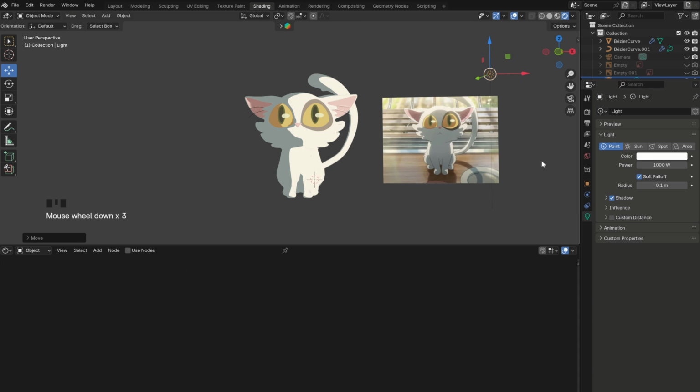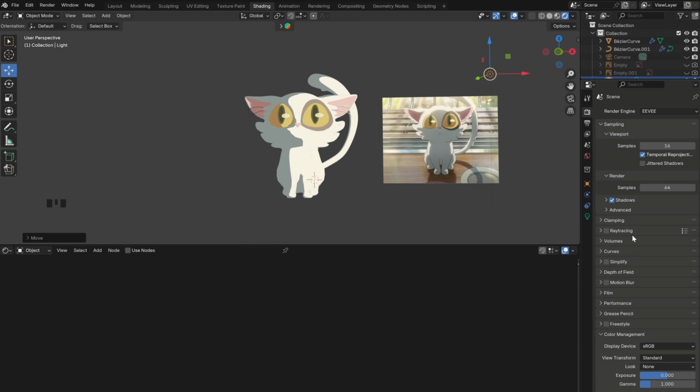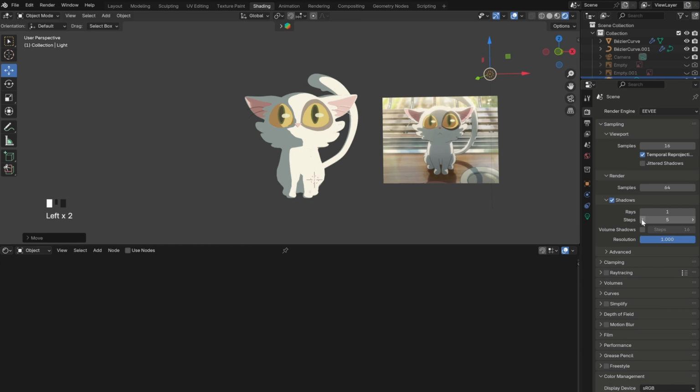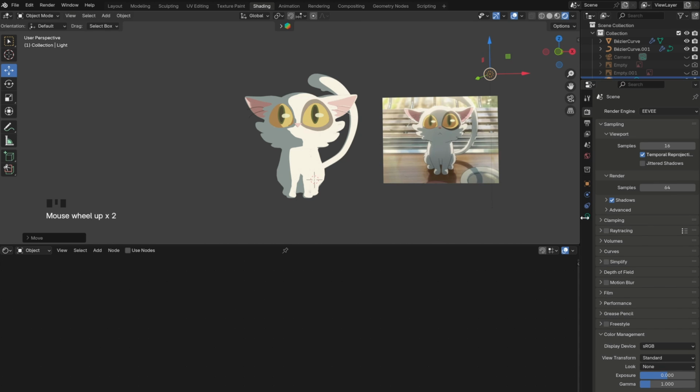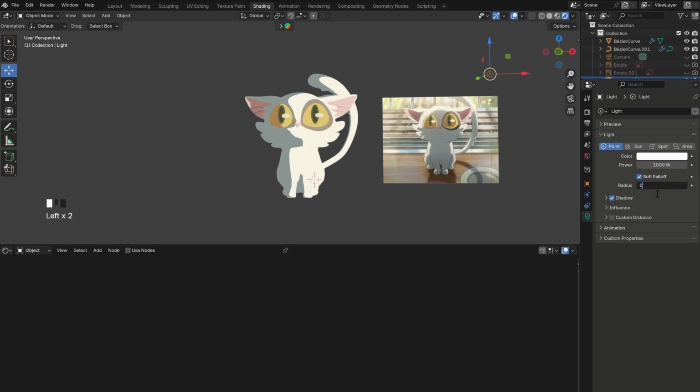For the shadows, there are two ways you can make them look sharp, and the first one would be to lower the number of steps in the render settings under shadows. Or you can just go to the light settings and set the radius, filter and resolution limit to 0. But keep in mind that you'll have to do this for every light in the scene in order to get